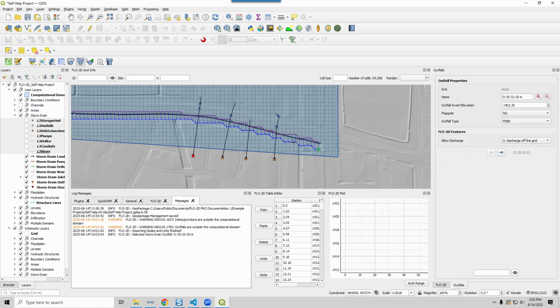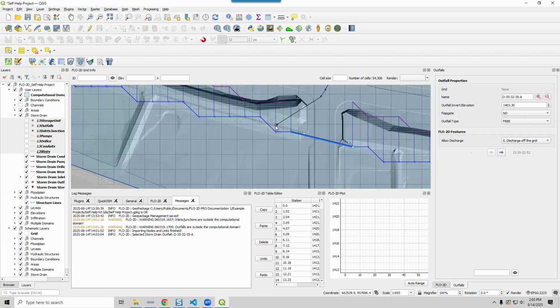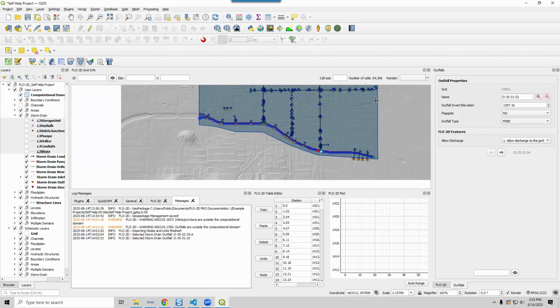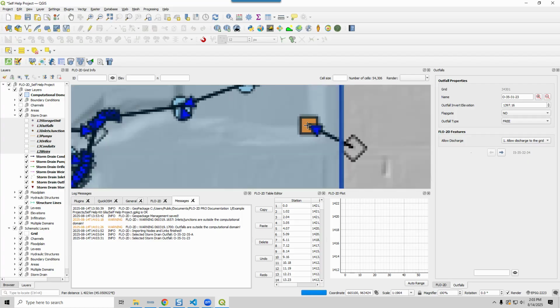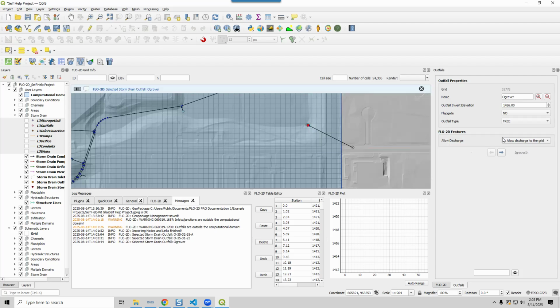Okay, there's another outfall up here. As you can see, let's grab one of these guys. So these outfalls right here, they are set to 1, allow discharge to the grid. And then this one up here, not positive, but I think this one should be set to 2, but let's see what it's set to. Yeah, this one is set to 2, allow discharge to the grid, but do not allow that initial depth. So if you have an underground or bubble up type outfall,